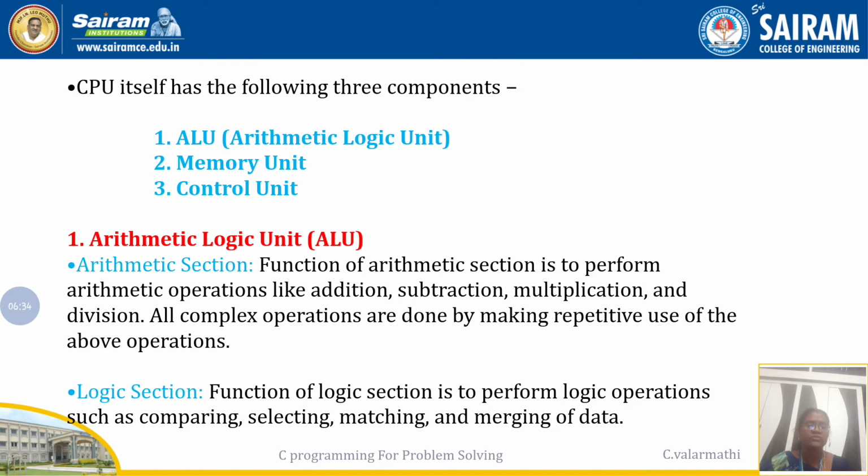Okay, so the first one is the arithmetic section, where we do basic things, addition, subtraction, multiplication, all kinds of mathematical operations. And logical means making decisions, how we can compare one element value with another element value, and how we can combine one list of data with another list of data. So these kinds of logical operations come under the logic section. That is why it is called the arithmetic and logical unit, the ALU, right?